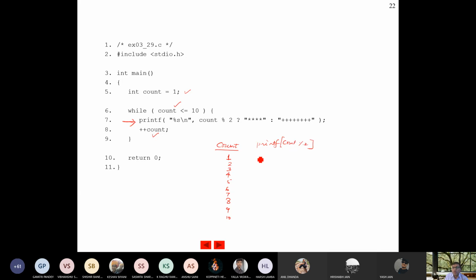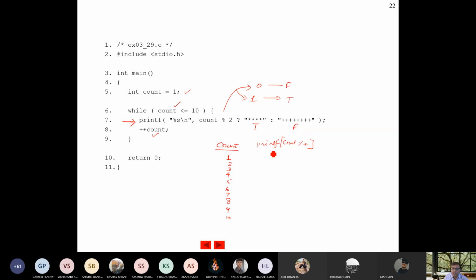Count mod 2 will give you either 0 or 1. If count mod 2 is 0, it will print one thing, and if count mod 2 is 1, it will print something else. Only one is known as true and zero is known as false. So this will be printed when the condition is true and this will be printed when the condition is false.